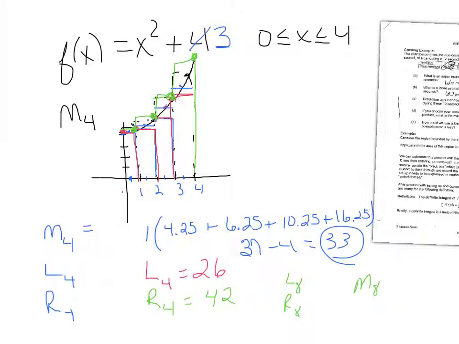Does that average equal your real number? The average would be pretty close to the area under the curve. Probably the middle one, the midpoint, is going to give you the most accurate. The average of left and right is 33.66. Yeah, the average from left to right is going to be your midpoint.